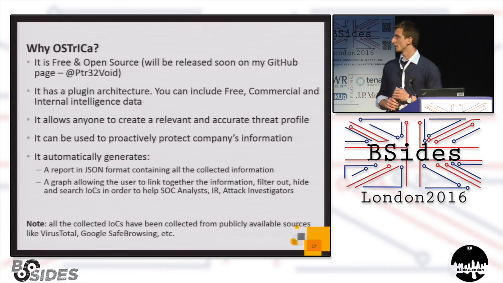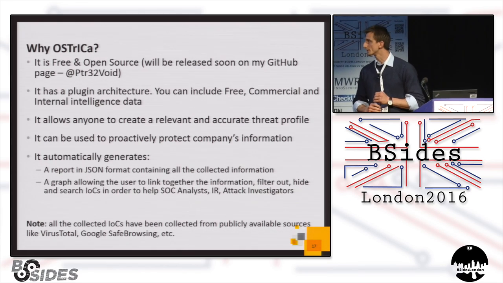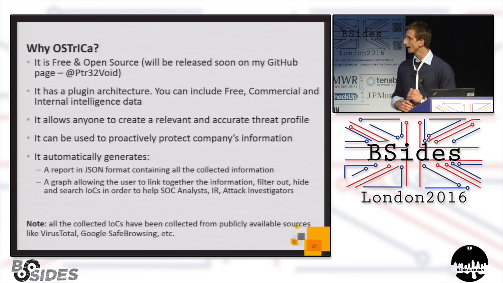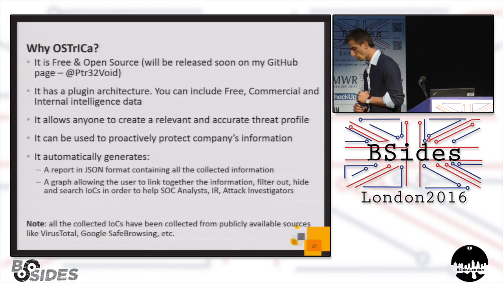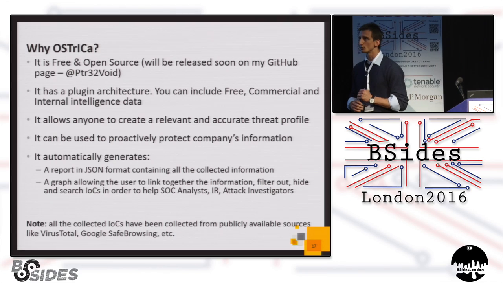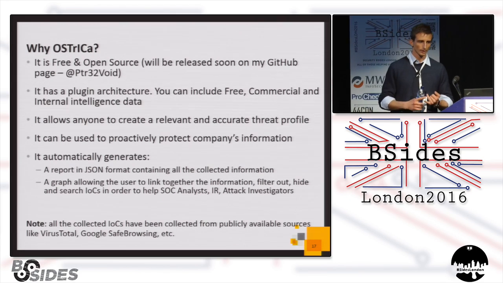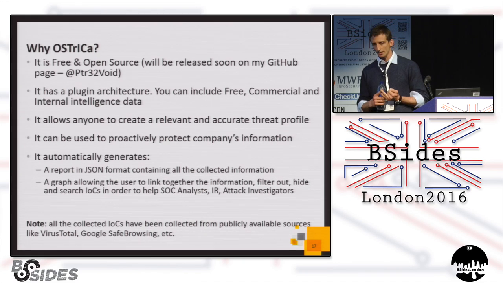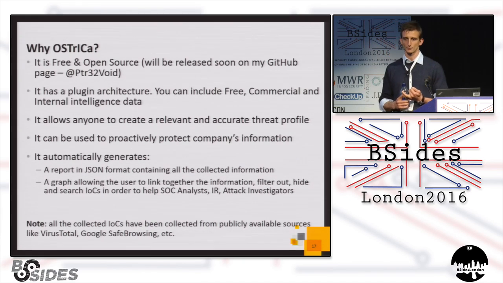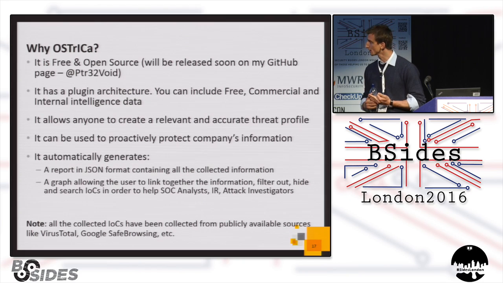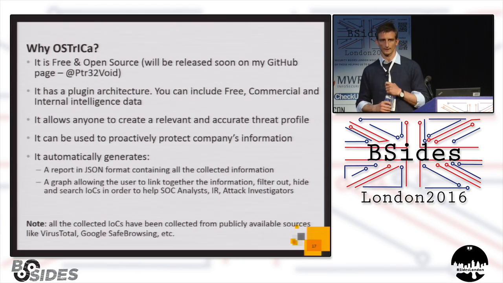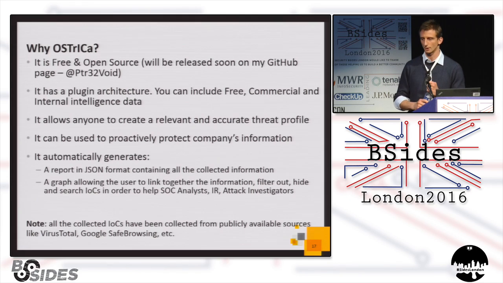And then, as I said before, it produces a JSON report containing all the information, and then a visual report which can be used by the SOC analysts inside a SOC. They can be used by incident responders to identify very quickly what's going on based on specific indicators of compromise, and then can be used by attack investigators when you have to investigate a specific attack or identify specific information